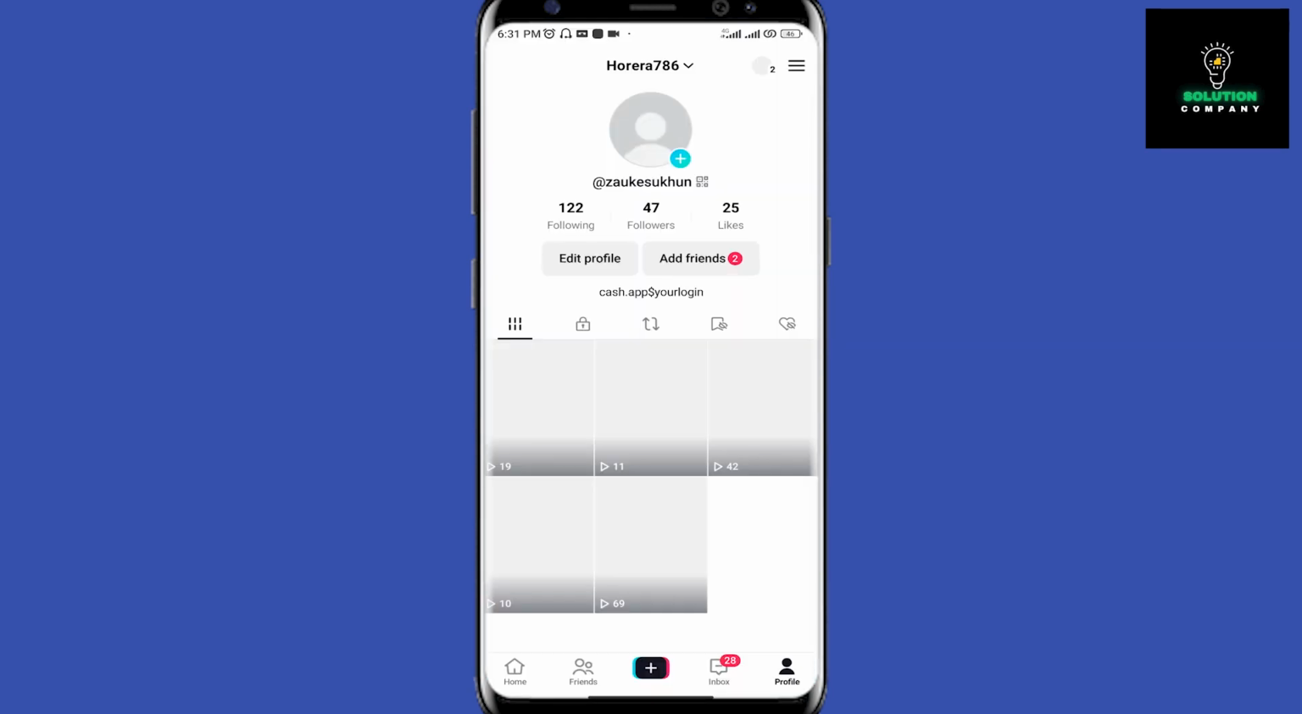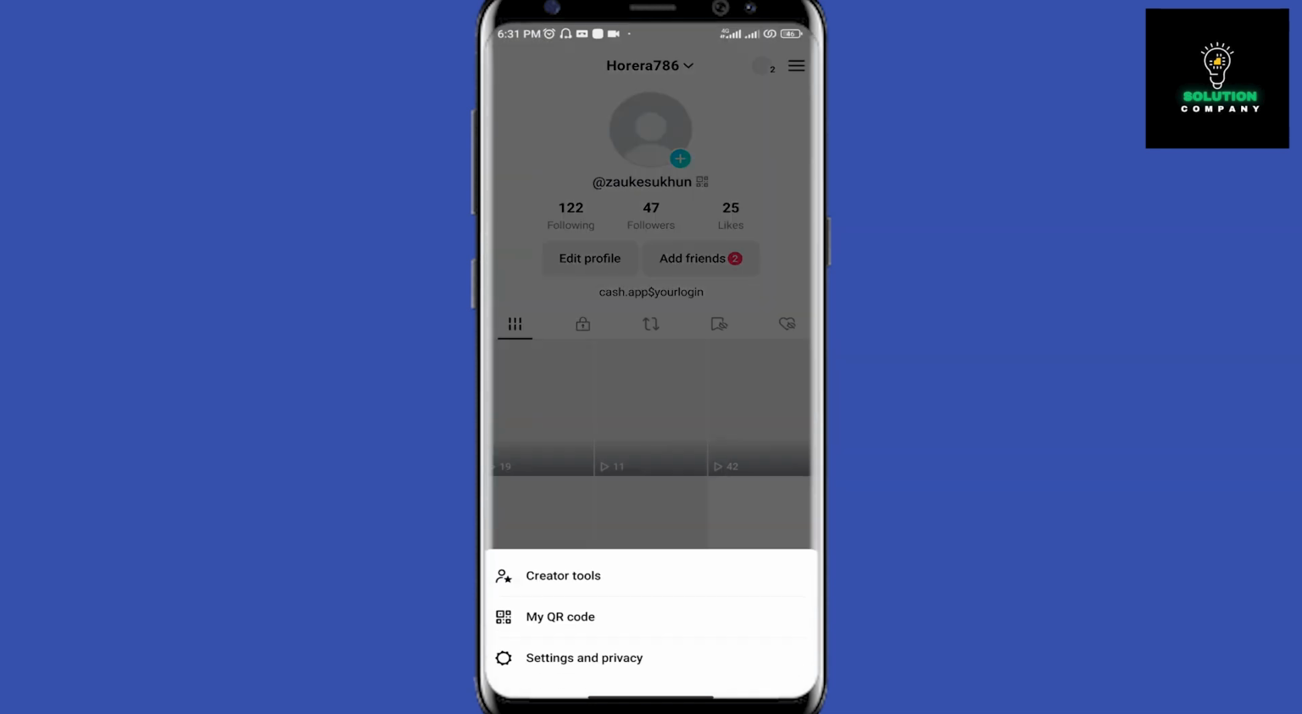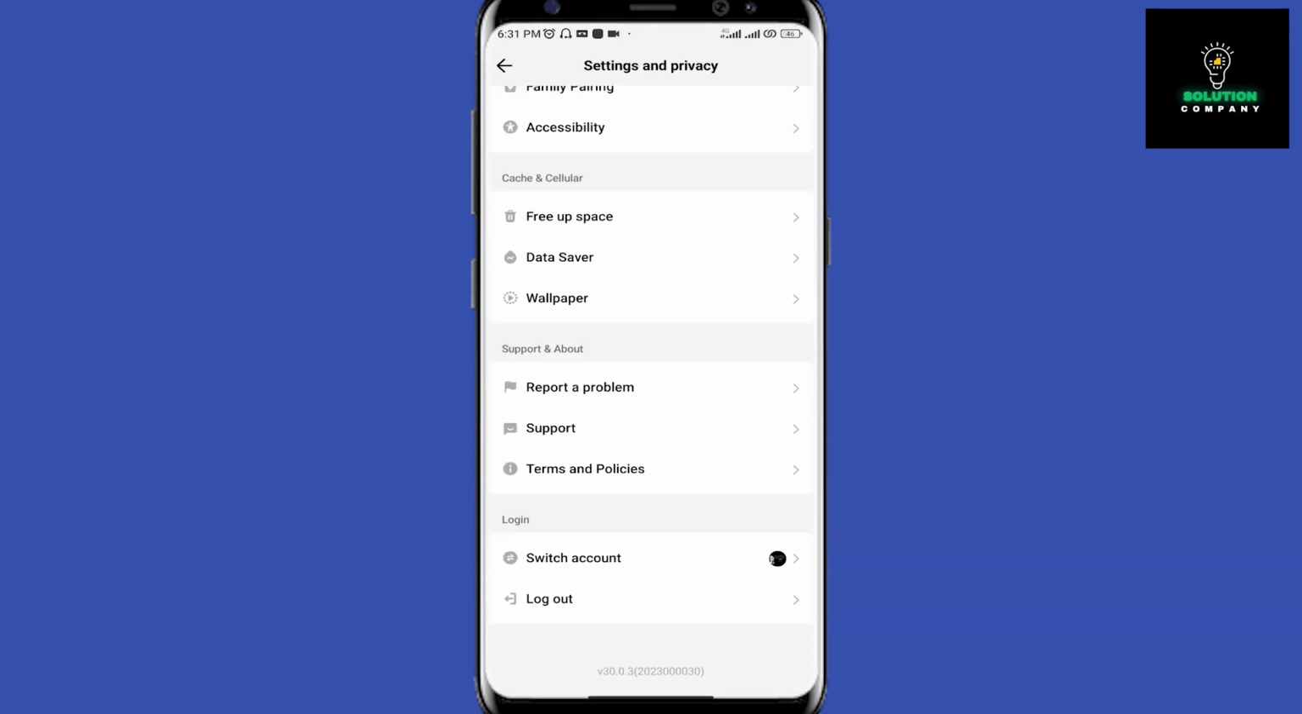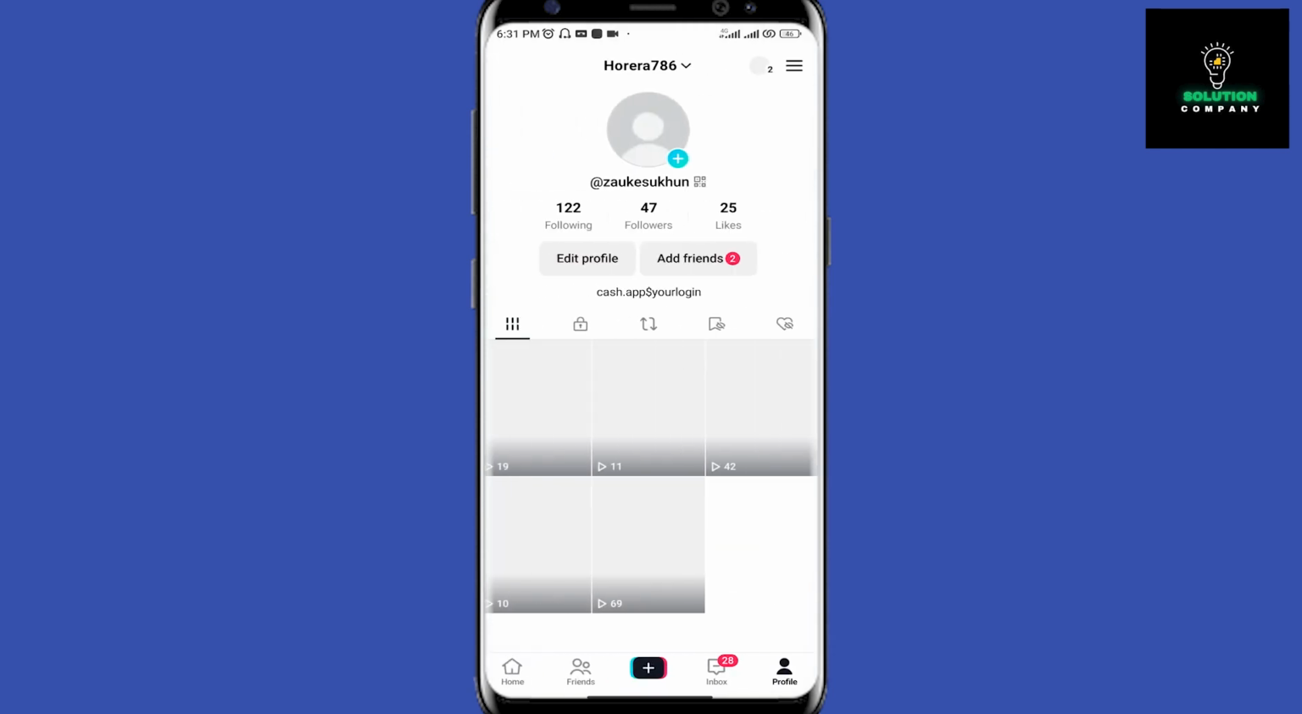if you go to your profile and then tap on these three bars in the upper right corner and click on settings and privacy, you can come all the way down and try logging out and log in back into your account. This may work for you, but what else you can do is if you come all the way back and